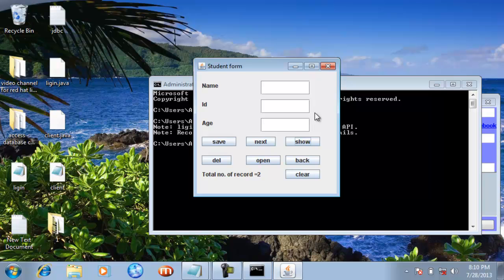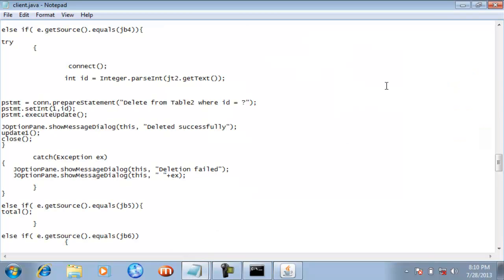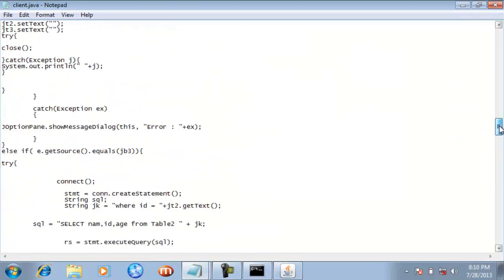So now I will again jump to my Java application, or you can say the client.java, and here we are going to focus on the show button.